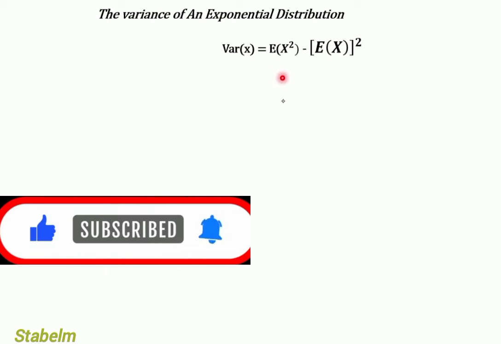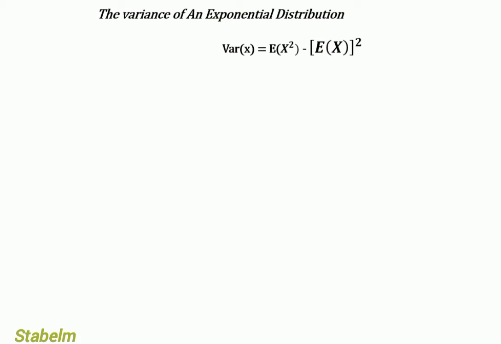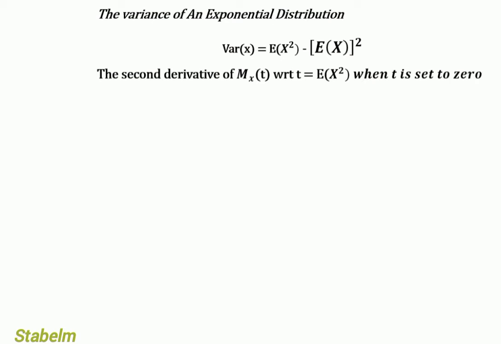Now we need to get E of X squared in order for us to be able to get the variance of the exponential distribution. The second derivative of M sub X of t with respect to t will give us E of X squared when t is set to 0. Now we have to get the second-order derivative from the first-order derivative, and we are going to have